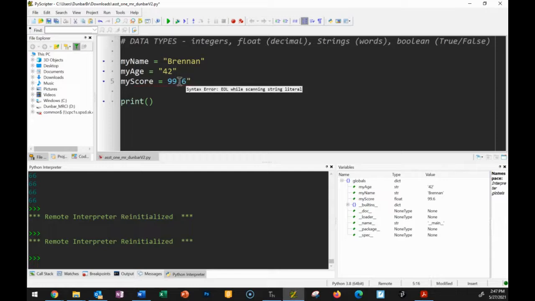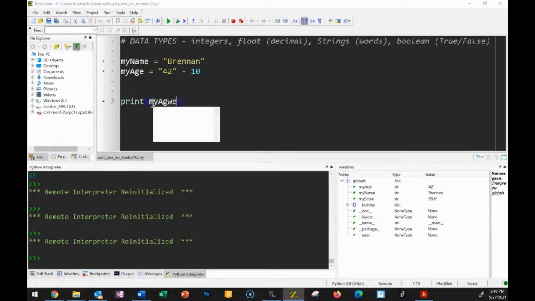And it would do the same thing with this. So if I run it again, it's going to say, I think my score is also a string, and it does that because it's got quotes around it. So it would just be like writing 99.6 in a notebook, okay, as opposed to using that number for math. I could no longer use 42 for math. So if I try to make my age 42 minus 10 and then print out my age,